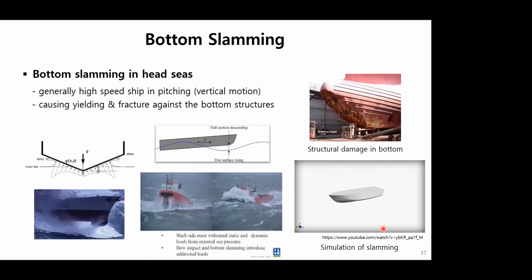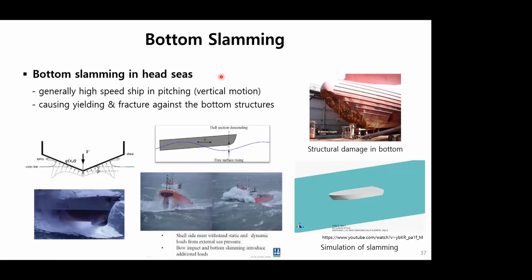Another type of impact loading is bottom slamming. This loading case often occurs for high-speed ship when ship is sailing in head seas and moving vertically in pitching motion. As you see in this simulation, when falling downward from vertical motion, very high impact pressure occurs over the front bottom area. Sometimes it causes permanent yielding and